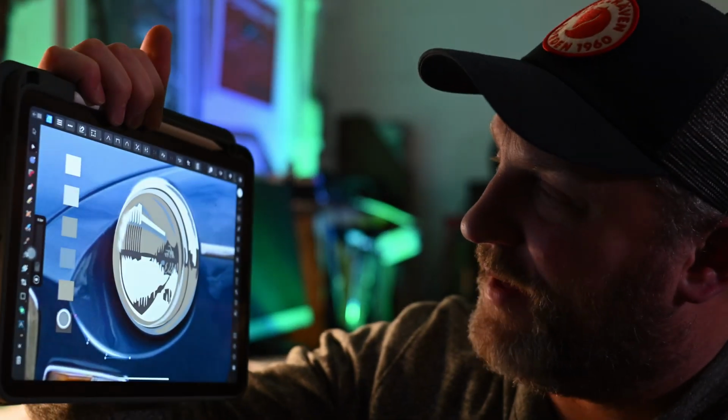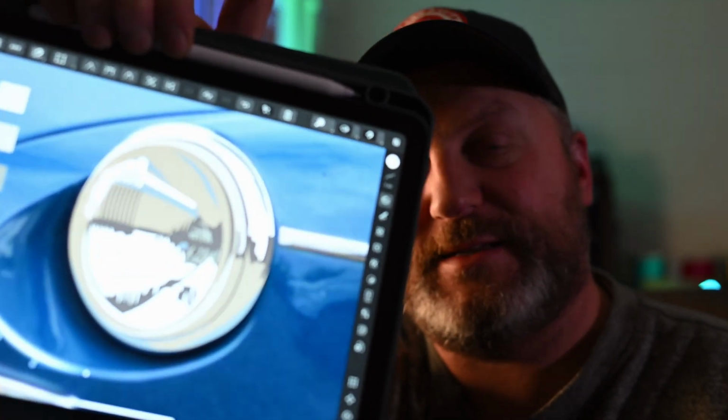There you have it. That's how I do my chrome effects on Affinity Designer for the iPad on my vector